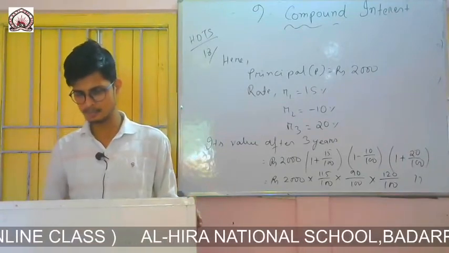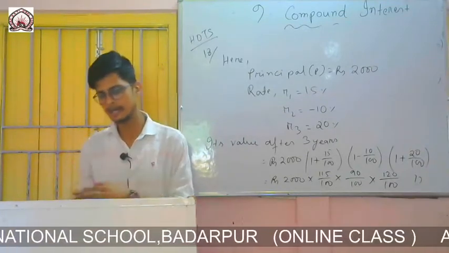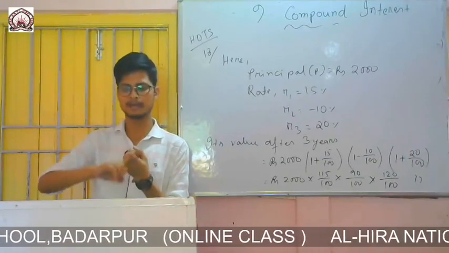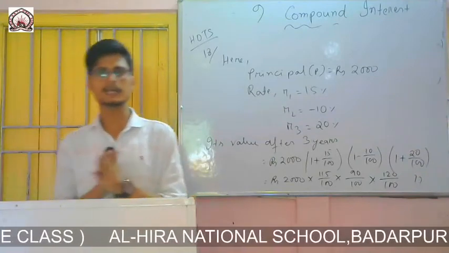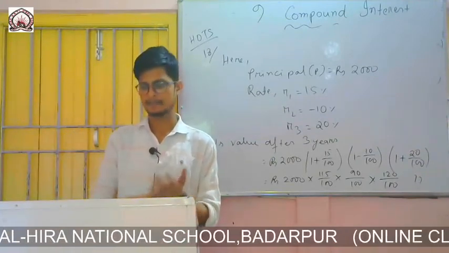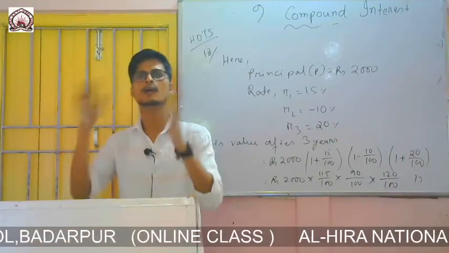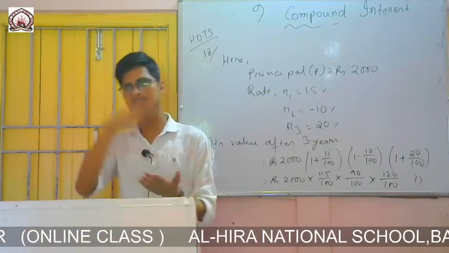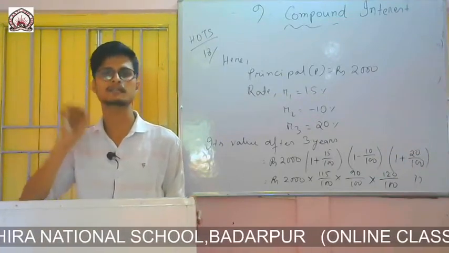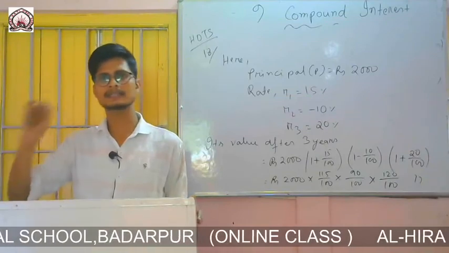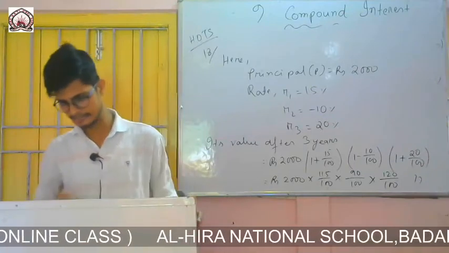In this exercise you will find the inverse problem on compound interest. Inverse in the sense that in earlier questions the principal was given, rate was given, time was given, and the question was to find the compound interest. But in this exercise the principal will be missing. Sometimes the rate of interest will be missing, sometimes the time will be missing. So the question will be to find the principal. If the principal is missing, then in that question you will find the amount and the compound interest are given, only the principal is missing. In some questions you will find everything is given, only the rate is not given. So the question will be to find the rate. So let's begin exercise 9C.